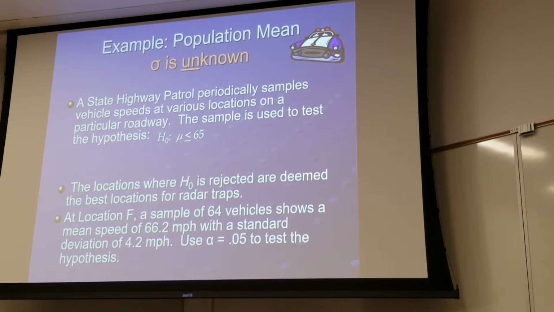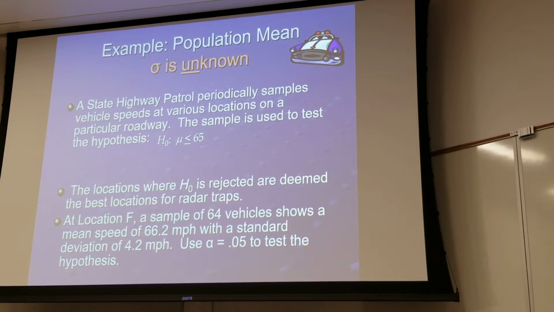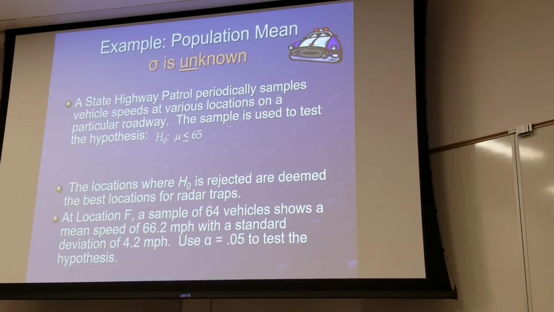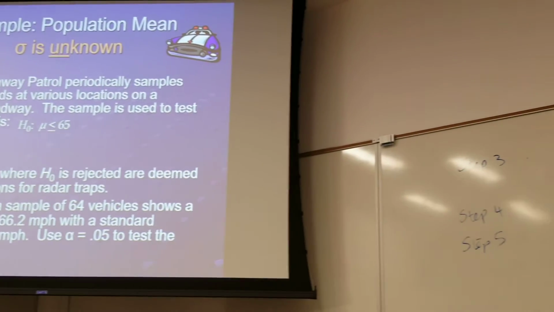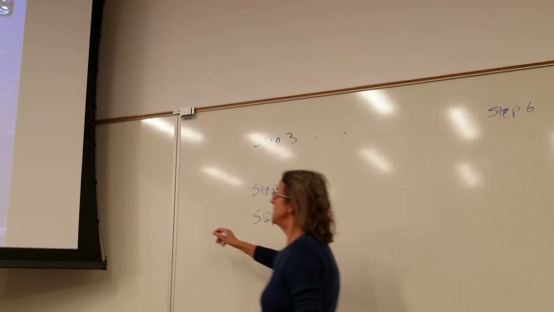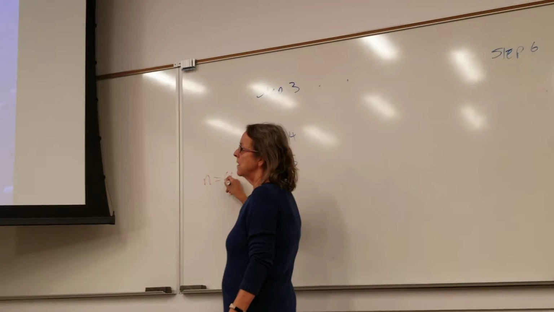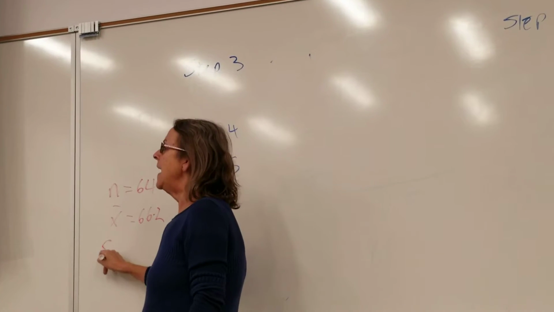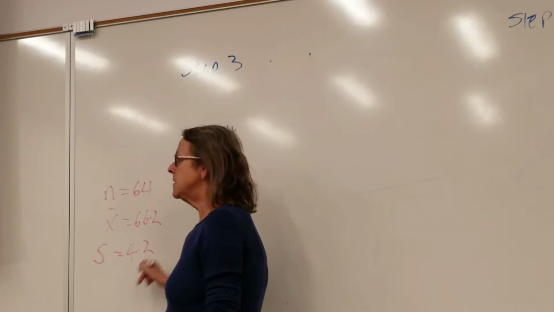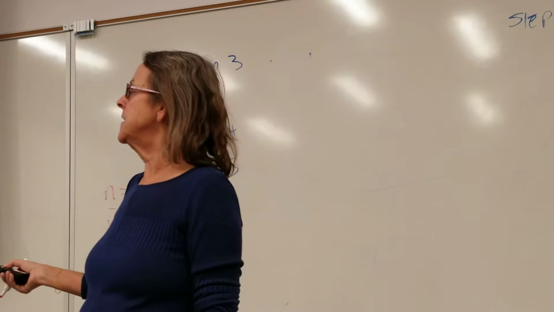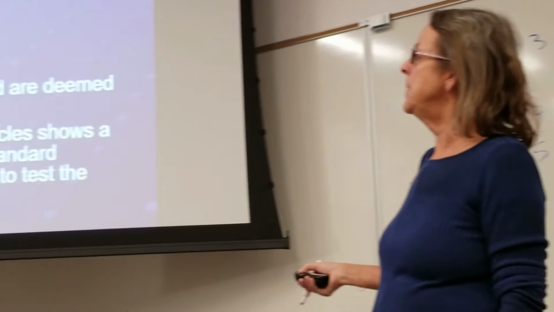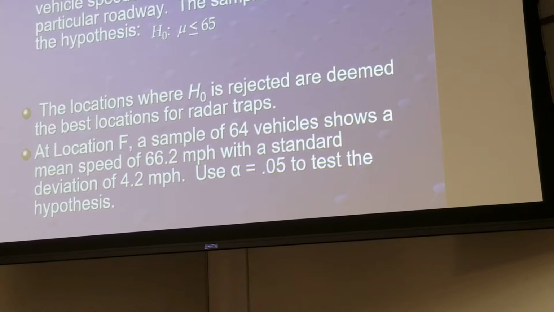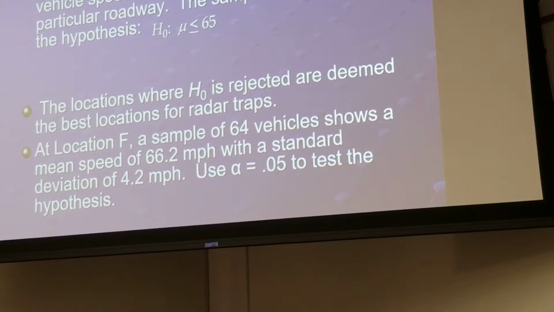At location F, they took a sample of 64 vehicles. They got a mean of 66.2 with a standard deviation of 4.2. Test the hypotheses with alpha is 0.05. Okay, so in this case, n is 64, x bar is 66.2, and s is 4.2. Not sigma, because it says a sample of 64 vehicles shows a mean of 66.2 with a standard deviation of 4.2. It doesn't say it's the population standard deviation. Okay, and then alpha is